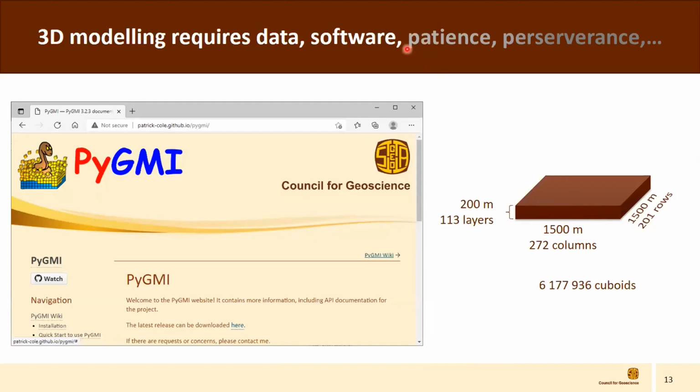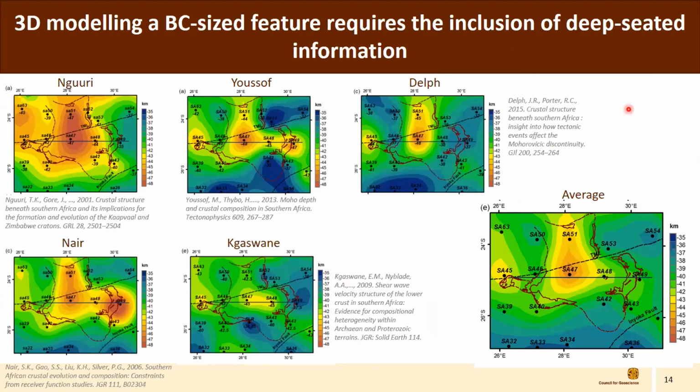And then, of course, you do need patience and perseverance and blood, sweat, and tears. Okay, so if we now look at the first data, because it's such a big feature that we're modeling, we know you have to include data that goes down deep, or deep data, I don't know how to say it right. But also we knew now from the work that Sue and Grant did and from the SAGA work